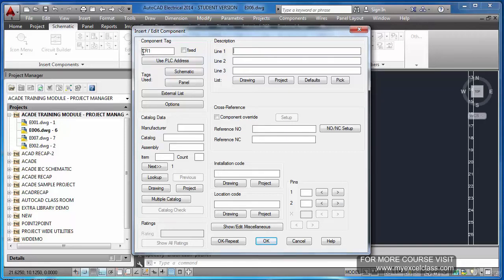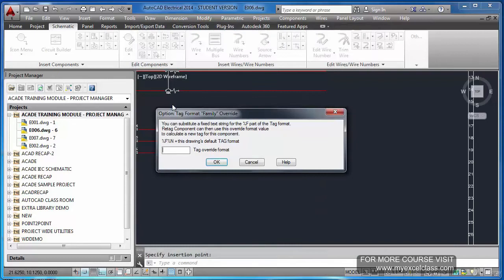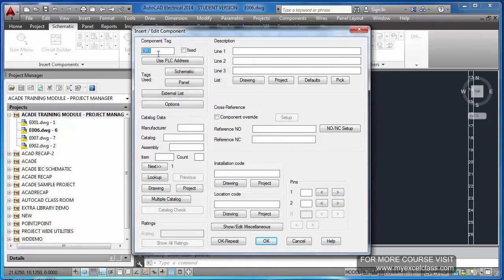If you want to put a prefix to this tag, some standards say that if it is sheet number 6, all the tags will have 6 as the prefix. You can very well do that. That option is there. If you go to that option here, you can do some settings and that can be done. Now I am not going to do that.